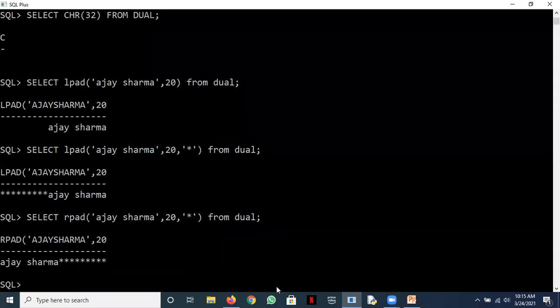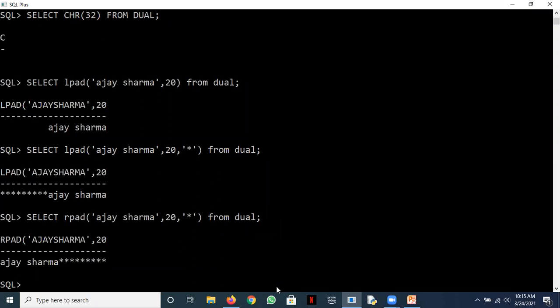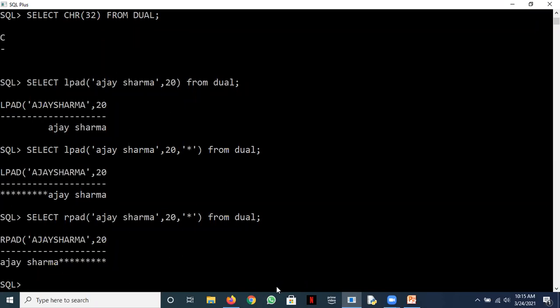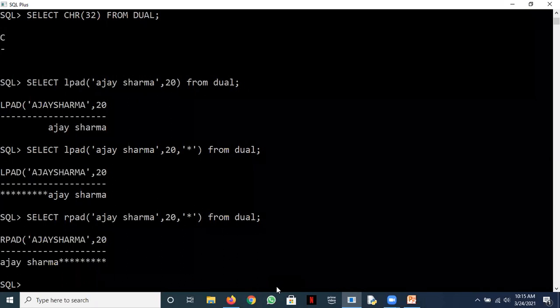Okay. So this was the character functions. Then let's come to the date functions. So how many of you have worked with the date functions? Raise your hands, please. That means you work with 1 or 2 date functions. Very few people are raising hands. You should take this class very seriously. It would help you. Okay. So many of you have worked with it.